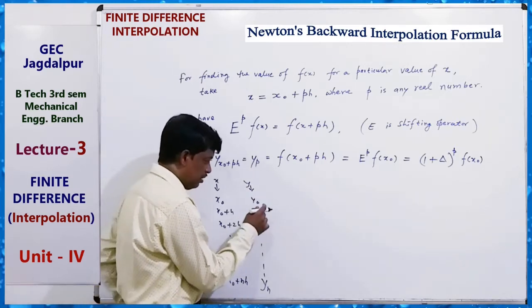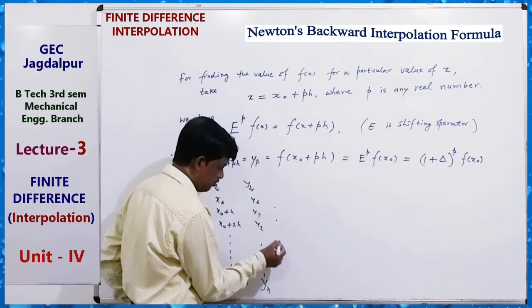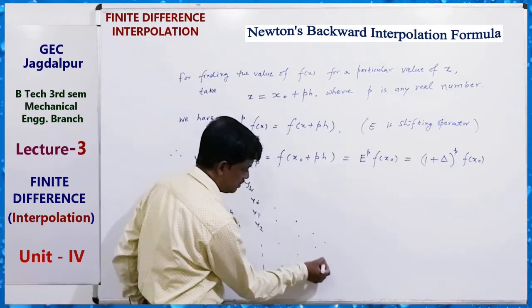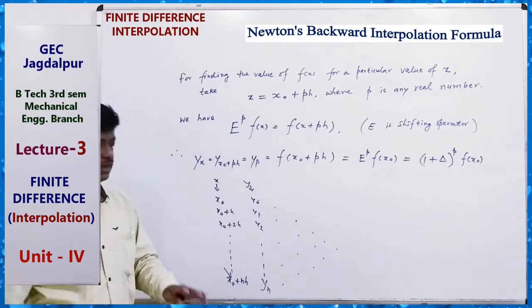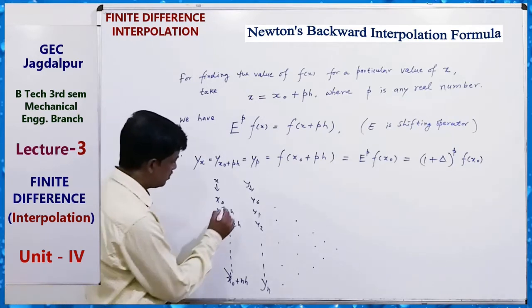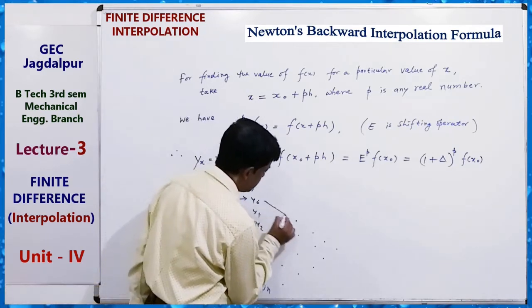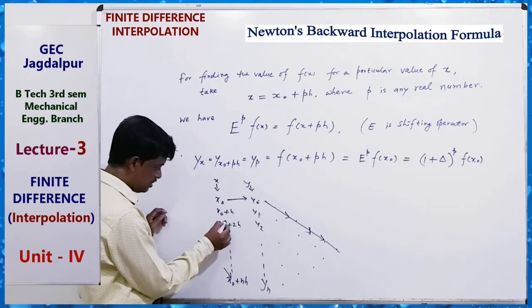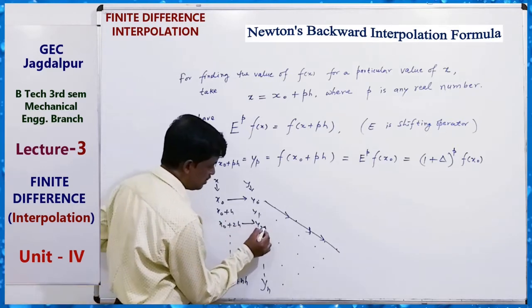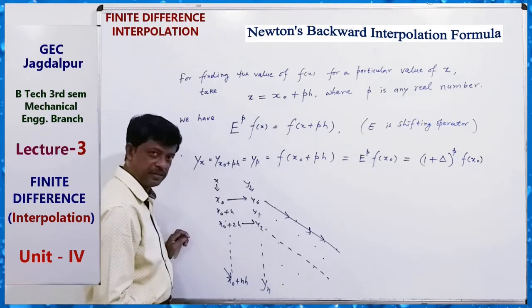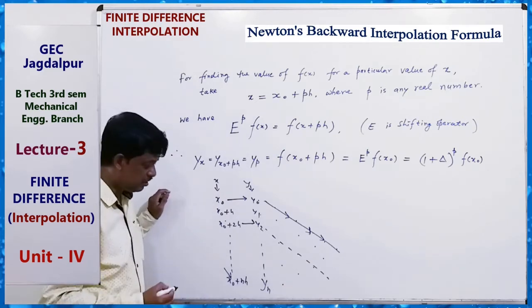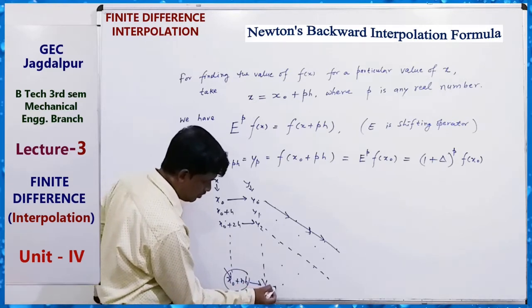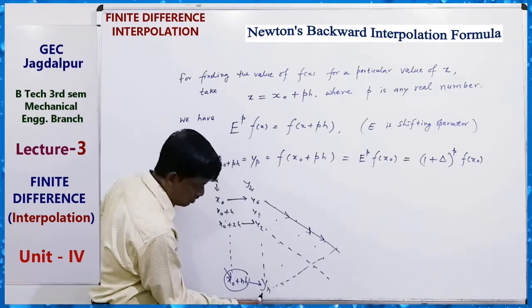When we prepare the table, y1 minus y0 here, and then these, and then these. This is the technique of finding the table. So these are the differences, the forward differences. If this is the origin, then these values are used. But for backward differences, if this is the origin, then you can use these differences,